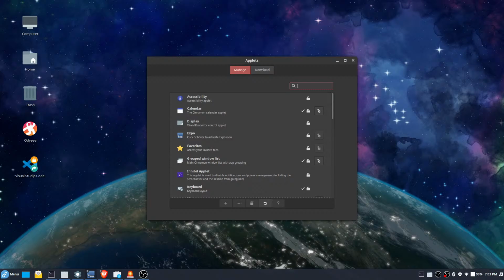There you are, there's the workspace switcher. Let's add it. There you are. So the workspace switcher is kind of like different desktops on Mac and Windows. You're limited to four, unfortunately.